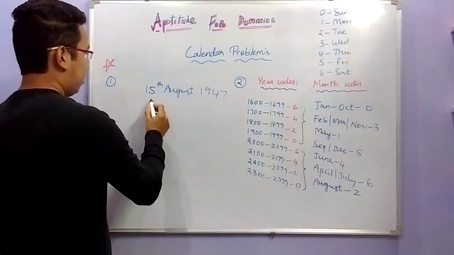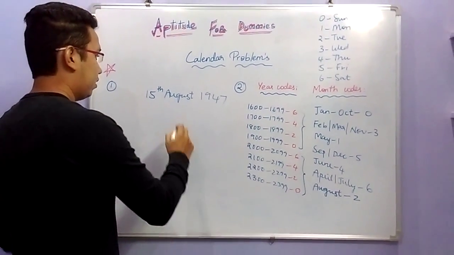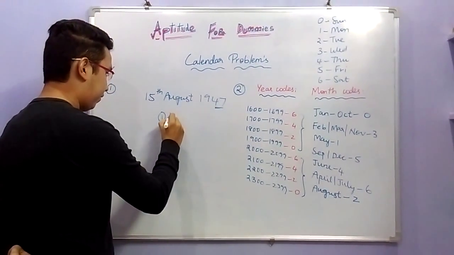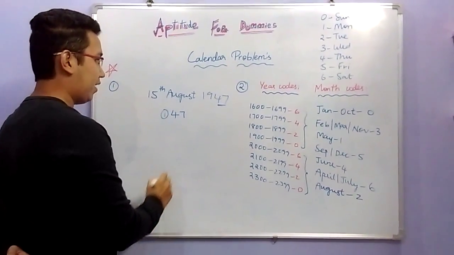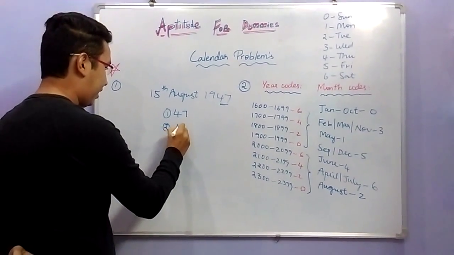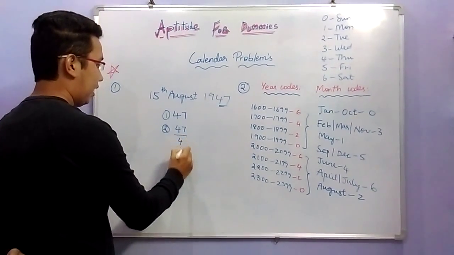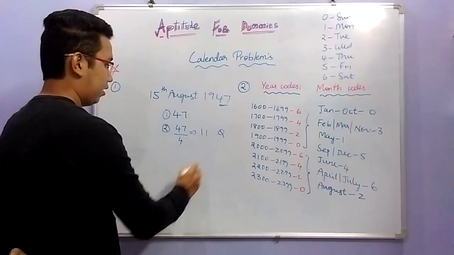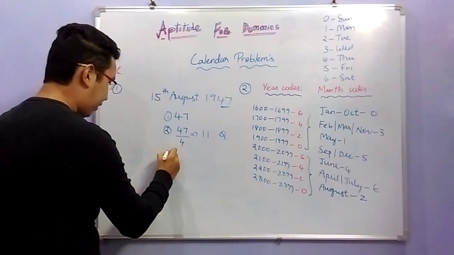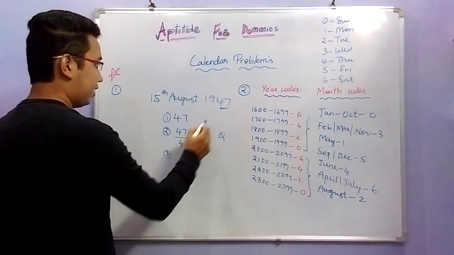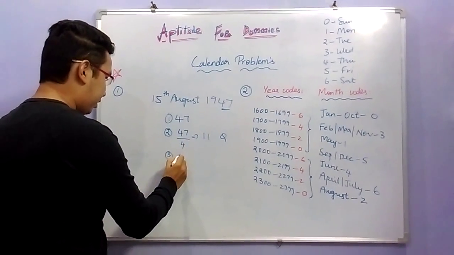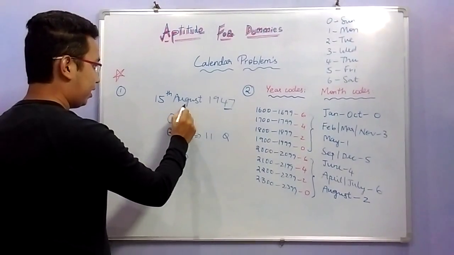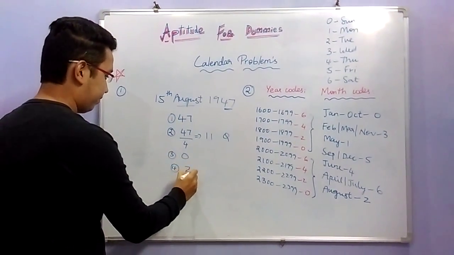In order to solve 15th August 1947, the first step is to take the last 2 digits of the year, which is 47. Next, we have to divide 47 by 4, and we should know the quotient. So here the quotient will be 11. Next, we have to find the corresponding year code. I know the year code is 0. The fourth step is to find the corresponding month code. The month code here is 2, and